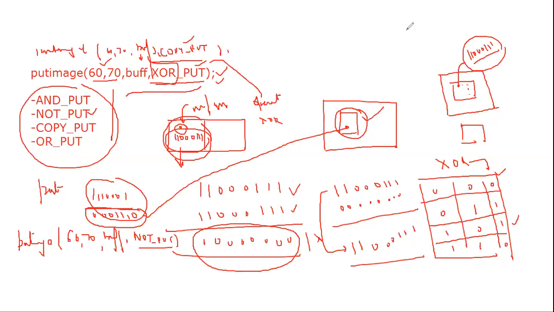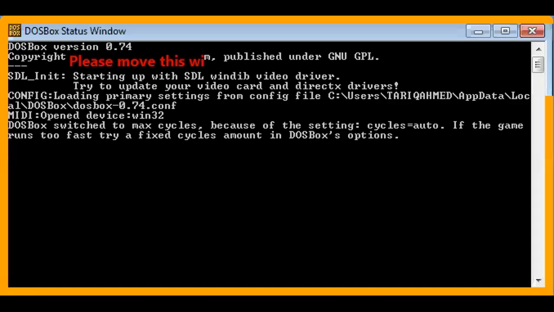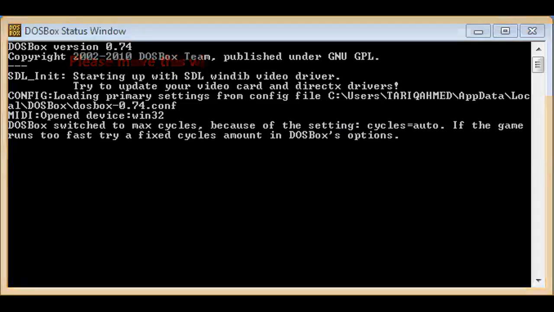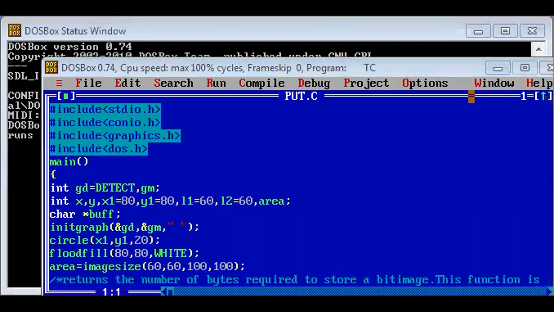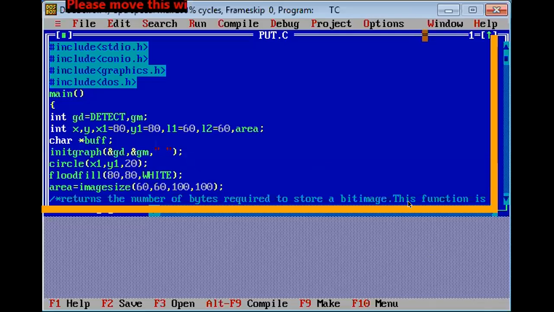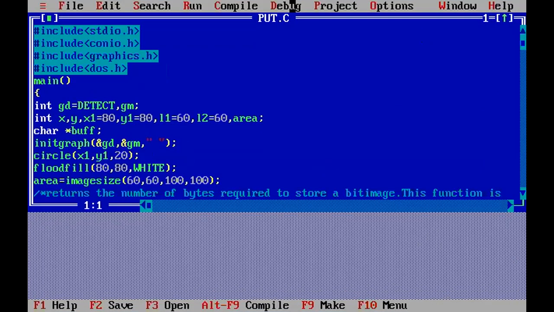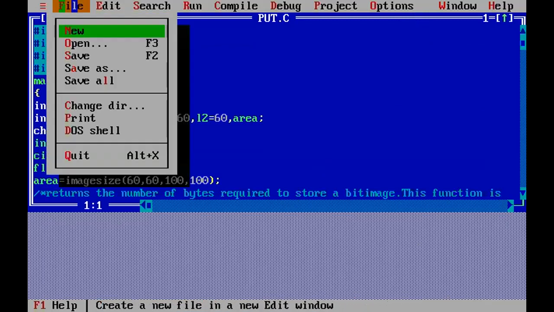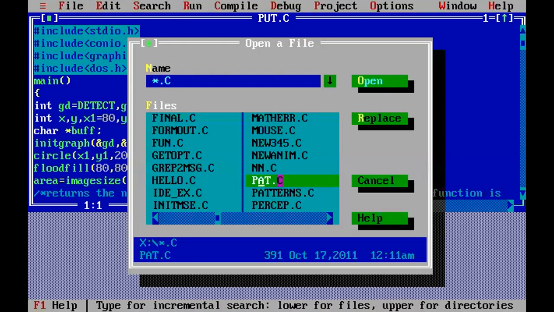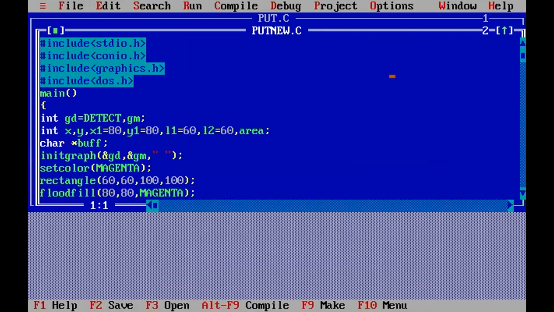Fine. So let's take an example so that you can understand with the help of code.